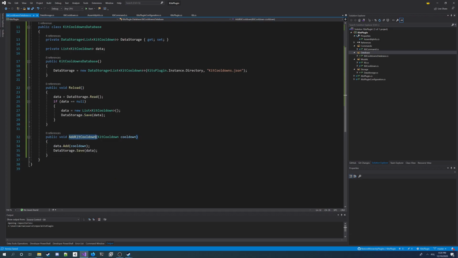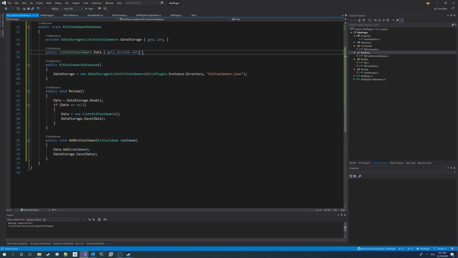Okay, so in the add kit cooldown, we're adding the cooldown to first memory data, and then we're saving this data which is in memory to the file. Okay, and another method we need, I'm gonna make a method which is gonna return the, actually I'm not gonna make it. Instead of making a method to get all kit cooldowns, I'm gonna just make this field public. And I'm actually gonna turn it into uppercase Data, rename it, and I'm gonna make it property with a private set. Okay, so like this. Okay, so I'm gonna save it like this, and now, okay, so that's it for my kit cooldowns database, I think for now. So now we go back to our kits plugin,